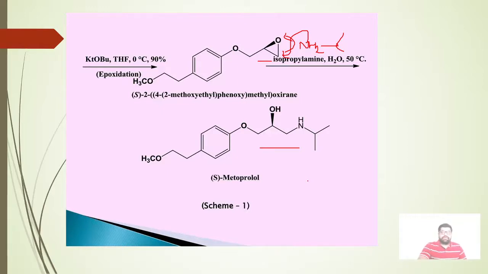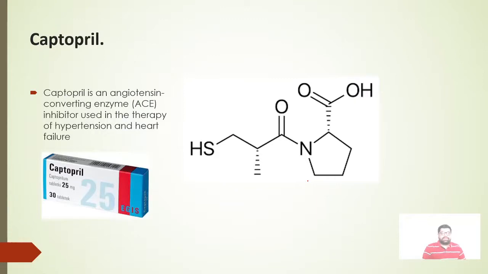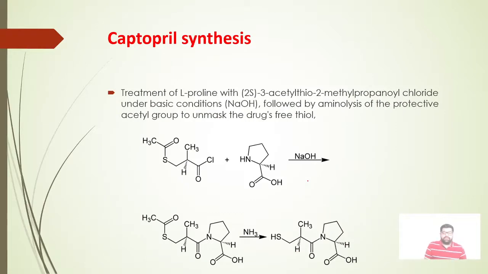Okay, so now let's go for the next molecule. The next molecule is our last molecule in our discussion, and its name is captopril. Captopril is used for the heart treatment. It is an angiotensin converting enzyme inhibitor, that is an ACE inhibitor, and most of the time used for the therapy of hypertension and heart failure. This molecule has two chiral centers. That's why two different chiral molecules are treated together to form the molecule, to avoid a complex reaction mixture or racemic mixtures. So what are these two different kinds of molecules?